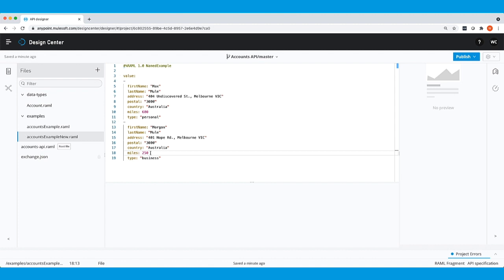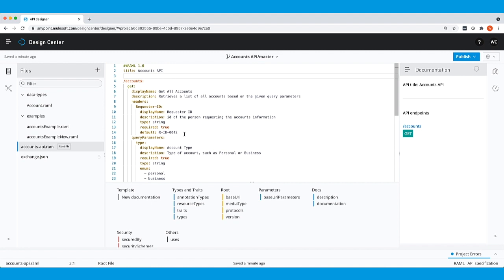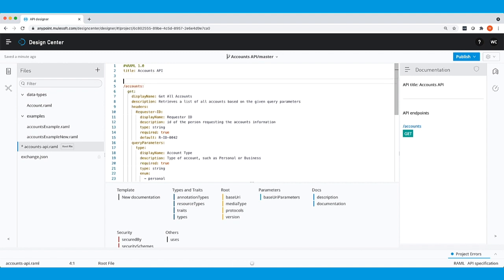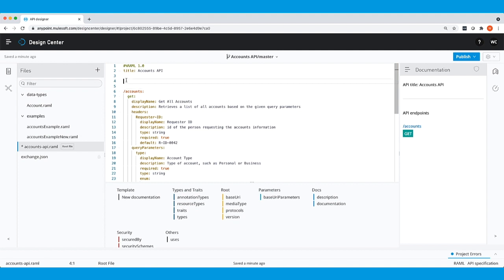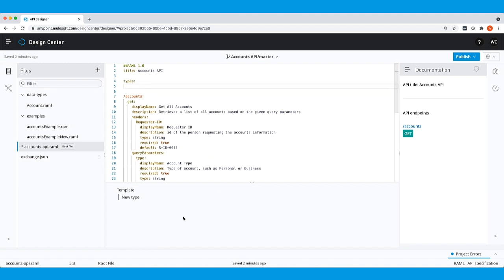Now that we have our account data type and several examples, let's go and find out where we use this. So we'll open accounts API.raml and we'll go up to the top and add some white space just below the title. And then I can define data types at the top of my file here. So if I use the shelf, you can see types. I click on that, takes me to the next line, and it wants the name of a data type, which we make up on the spot. So I'm going to say account,